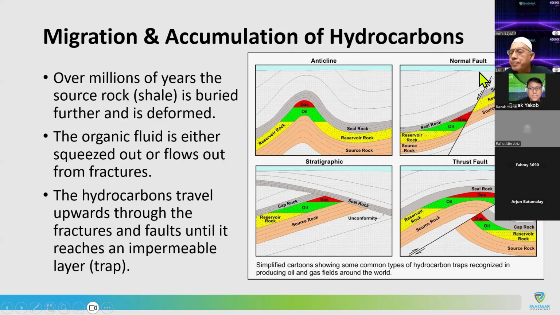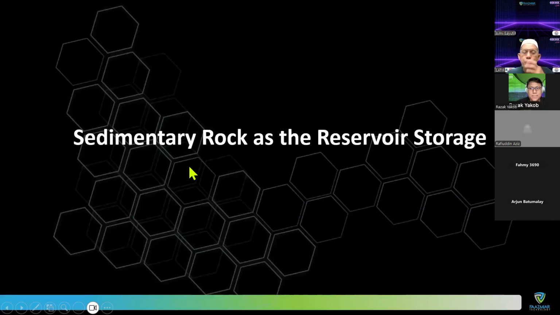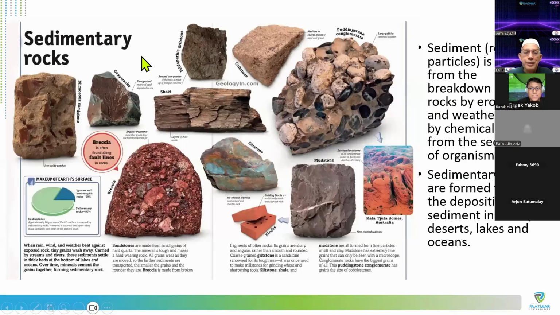Okay, so let me see. Then we have the sedimentary rock. Of course, once we have all the traps, the trap itself must have storage quality, because with storage quality, then of course the gas can go and be trapped there. If there's no reservoir quality, then of course the gas cannot be there. For example, some of the reservoir rock can have only about 10% of the rock area as white space for oil to come in.